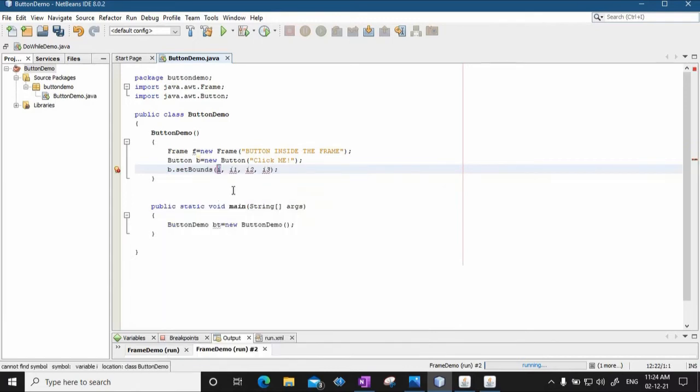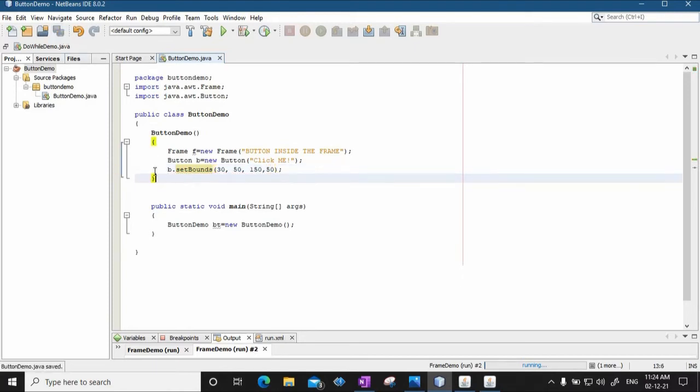It takes four parameters: one is the x and y coordinate. Suppose the x coordinate is 30 and the y coordinate is 50. So the rectangle for the button will start at the 30, 50 pixel point. Next is the width of the rectangle for the button. Suppose 150 is the width of the button, and the height of the rectangle for the button is 50. Fine, so this is how you have defined the bounds of the button.